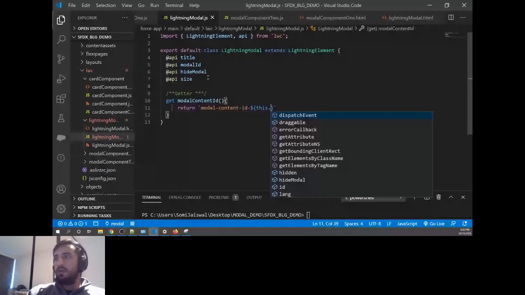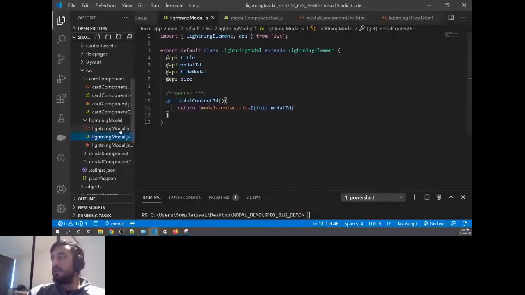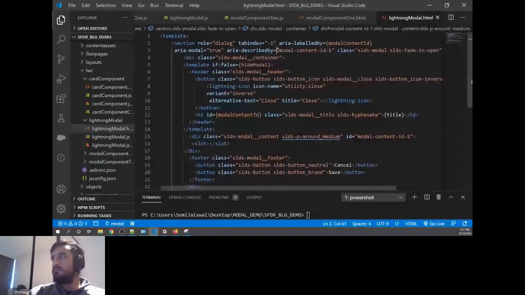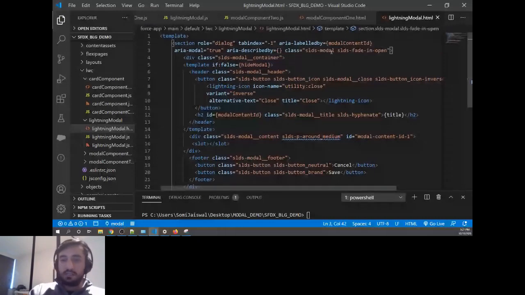And I'll go back, there is another ID that we are using, that is body ID. So I'll say here another ID. I'll create another getter, that is modalBodyId.